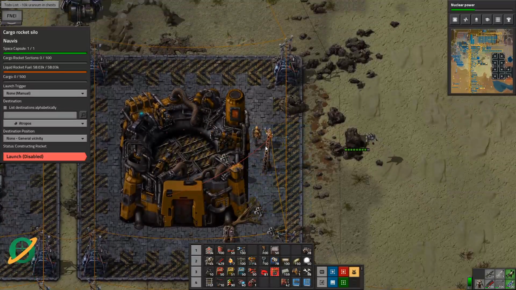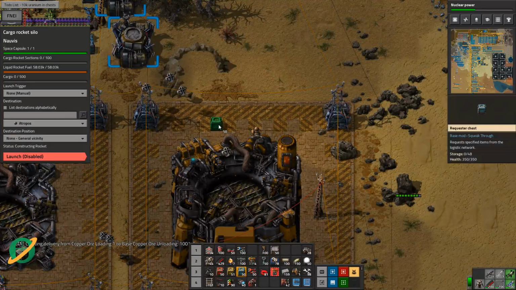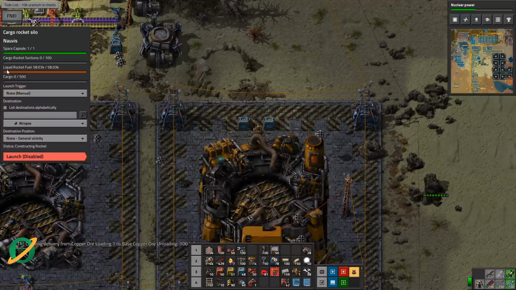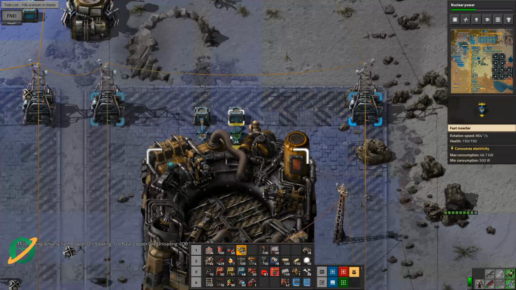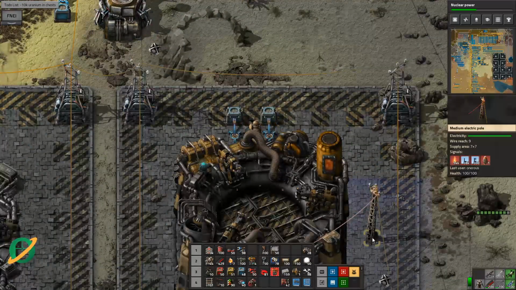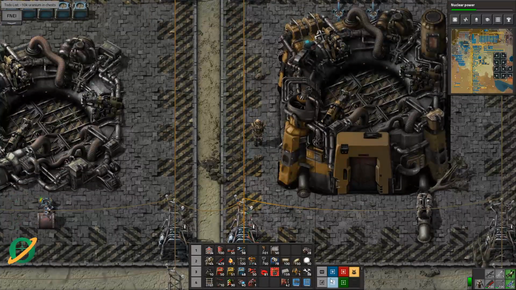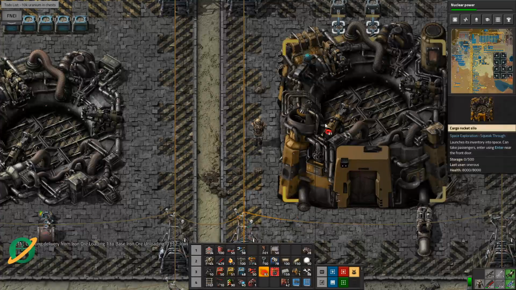Okay, we need to set up a couple of things. Request chests. No, just 2, I think, isn't it? Because all we need to do is launch cargo rocket sections and space capsules. The rocket fuel comes of its own volition, and we might need to do something else at another point in time with our cargo, because obviously we've got to launch the materials we need to build up there. But for now,